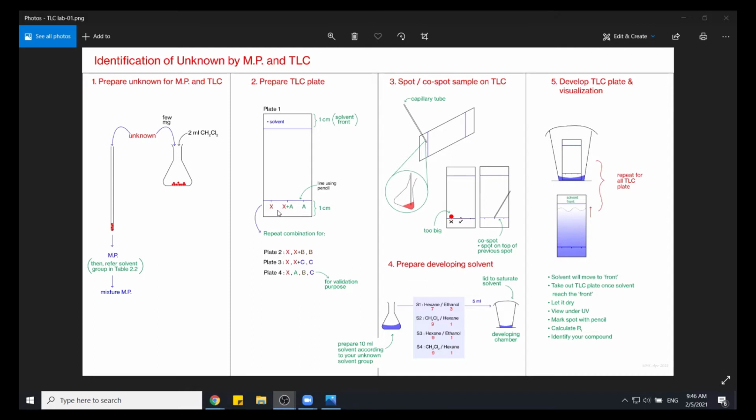And you will put, on plate 1, X, the unknown, and then on plate 2 we put X and A. Let's say you have 3 things in the group, A, B, C, and you combine X plus A. This is what we call a co-spot. This A is basically your known. The idea is you want to compare what happened to X and what happened to your known sample. If X and A give you the same height, for example, later on when it moves up,